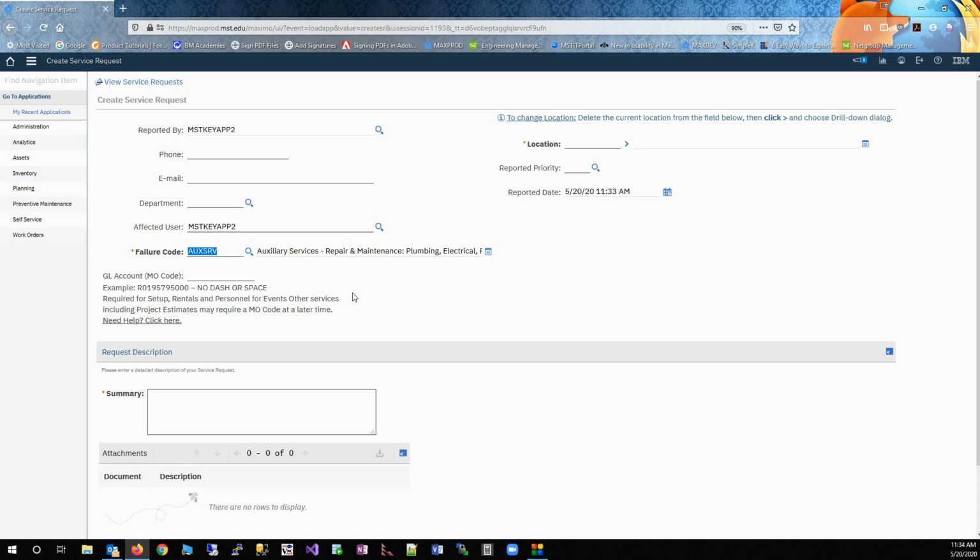Now, the location, which is a little more tricky, I will show you how to do that. It says here, the instructions here, to change location, delete the current location from the field below, then click the little chevron or the greater than sign and choose the drill down dialog. Well, you'll notice right at this point there's nothing pre-populated in here. It may be pre-populated for you, it may not, but you want to make sure that this is blank before you click this little button here. So it's blank, I'm clicking the button,